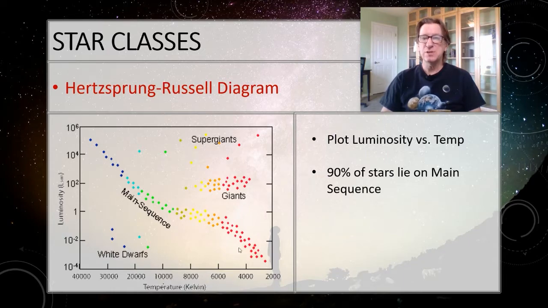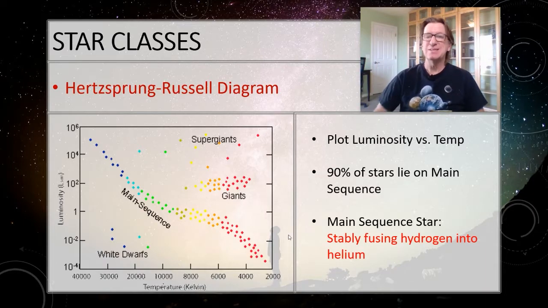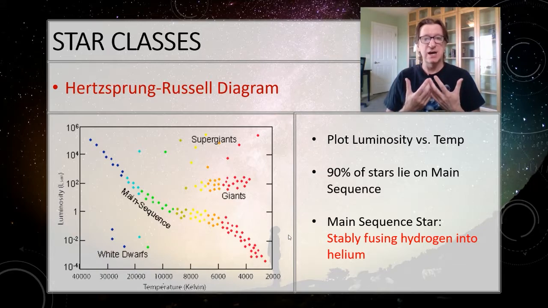So 90%, that means that of all the stars out there, they spend 90% of their lifetime on this main sequence. So the definition of a main sequence star is a star that is stably fusing hydrogen into helium. Basically, this is when the star has been born, it's stable, it's turned on, but it's not yet started to die. As soon as the star starts to use up its hydrogen fuel, then it's no longer going to be stably fusing that hydrogen into helium, and it's going to start to die.